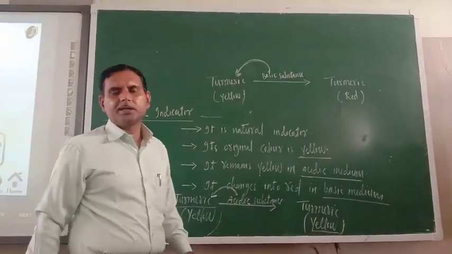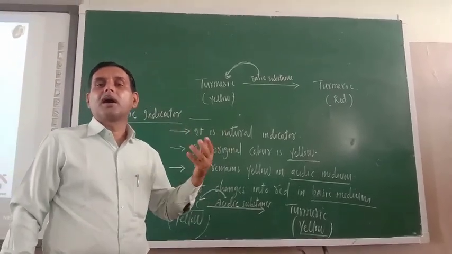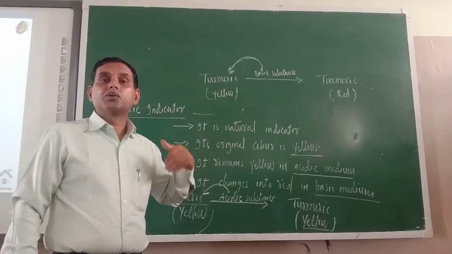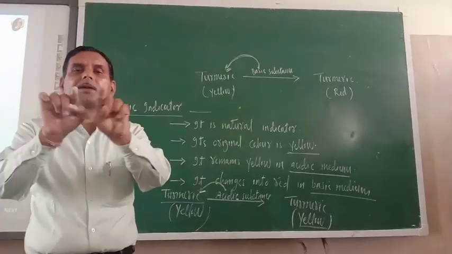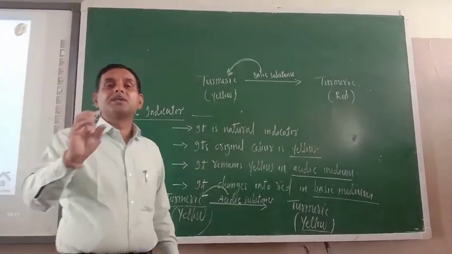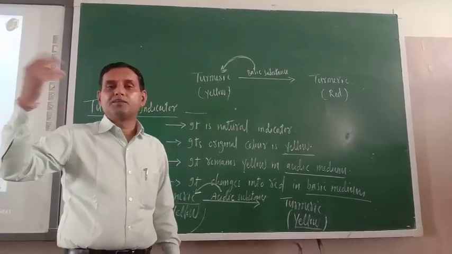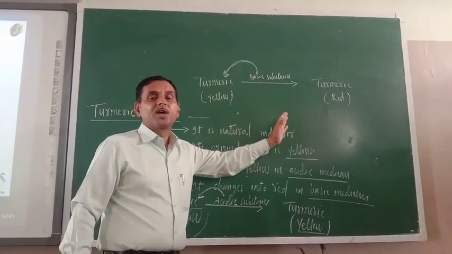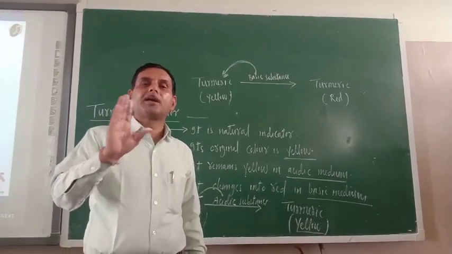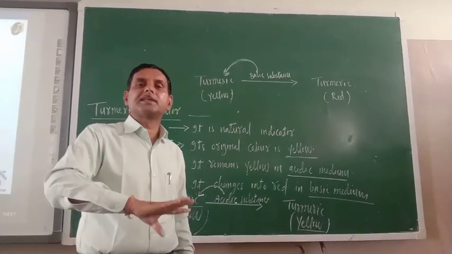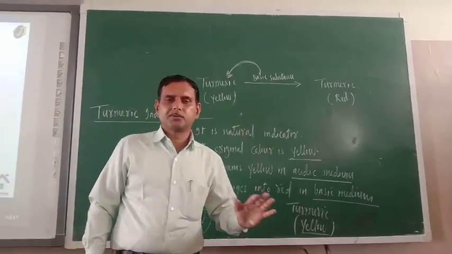This is the reason why, when curry or dal accidentally falls on our white clothes and we rub it with soap, that portion turns red, because soap is a basic substance, and when turmeric comes into contact with a basic substance, its color becomes red. So turmeric is one of the important indicators. With the help of turmeric, we can distinguish between acidic and basic substances, and it is easily available also.